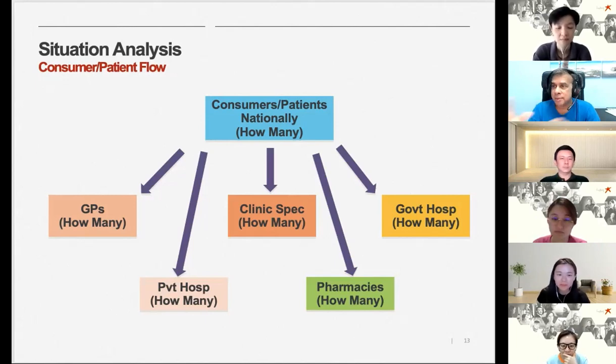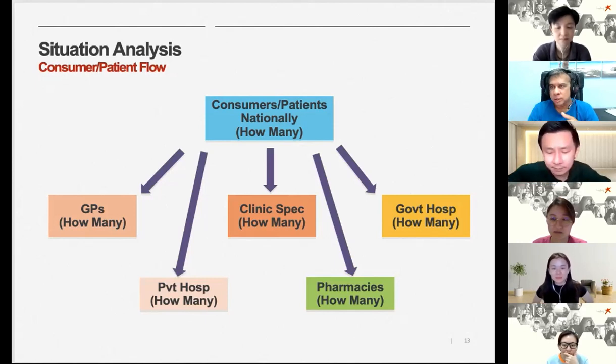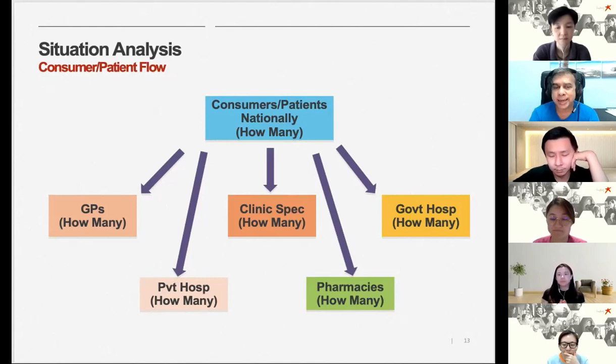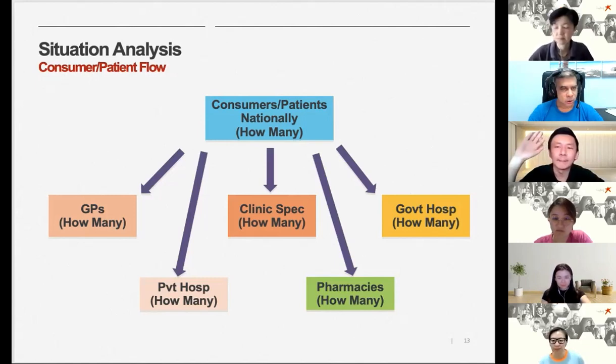Do the same with all the products, whether it's Brintellix or Resulti or Ebiza or even Lexapro. Make it as simple as possible. I don't want you to take an arrow from the private hospital and put into pharmacies. Not for this year. I don't want you to make this complex. Maybe next year we can think about it, but not this year. Since it's your first time doing this, let's move on.